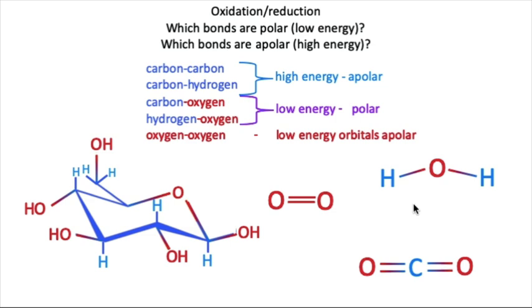Those electrons have gone down in energy, they've fallen toward the oxygen nucleus, and there's a huge polarity to the water molecule. Likewise, the electrons in the bonds holding carbon atoms to carbon atoms have also fallen to oxygen atoms, such that these bonds are also highly polarized, with most of the electron density being over the two oxygen atoms and a little bit over the carbon. It makes really good sense that we have high energy electrons in carbon-to-carbon and carbon-hydrogen bonds, these apolar